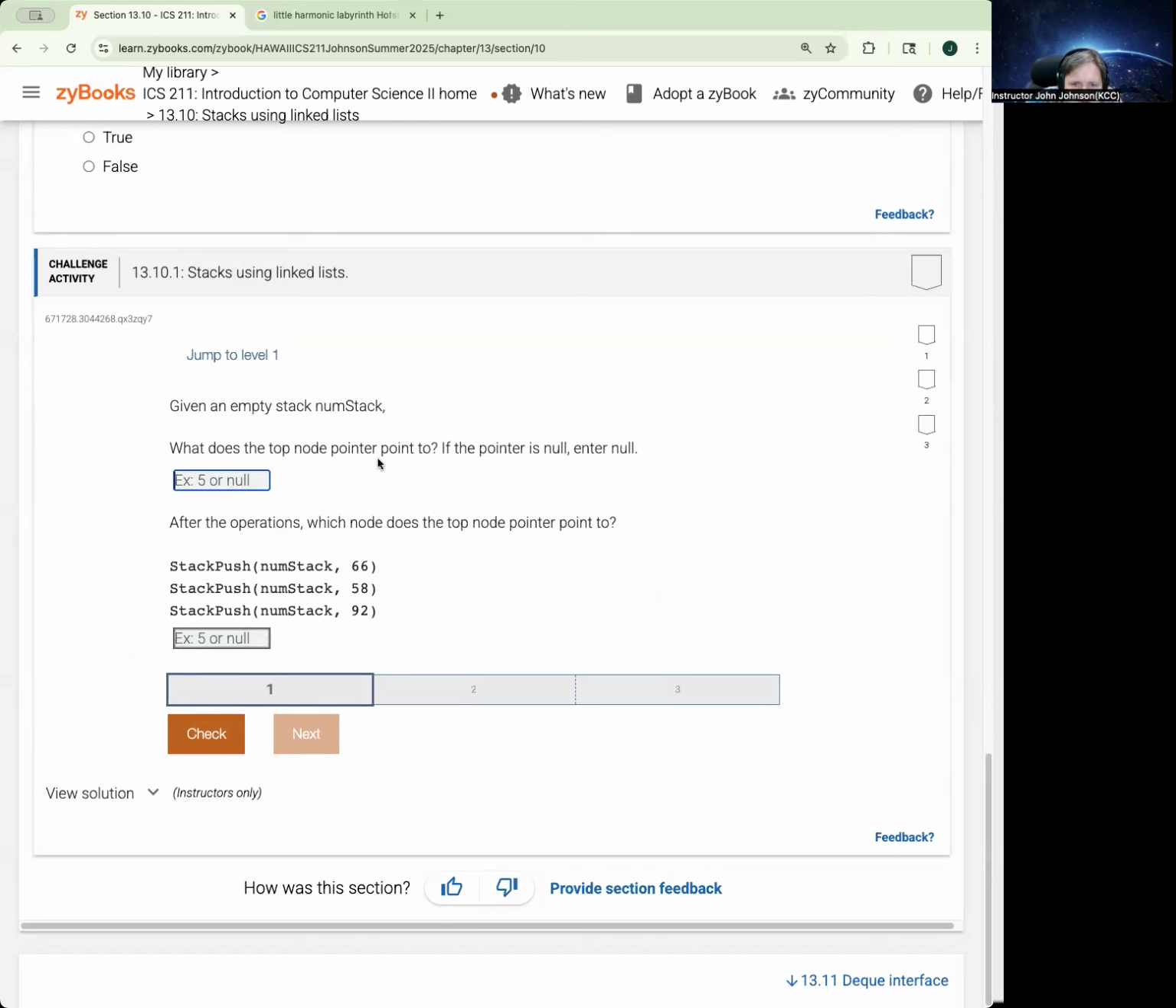So what does the top node pointer point to? So if we're pushing these, we push this on. This is going to be the bottom, one up from the bottom, and then the top. So the top is going to be pointing to this. So it's going to be pointing to 95. And then, after the operations, which node does the top